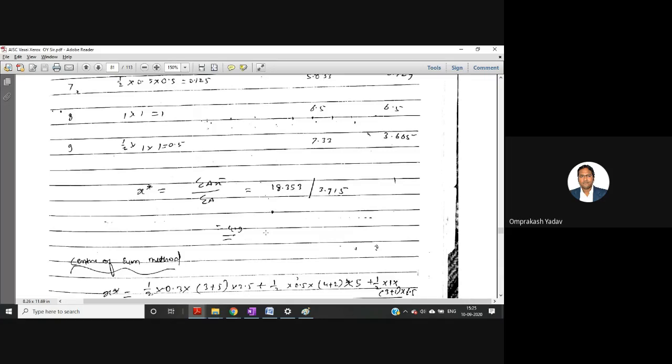So this 2019-20 batch will remember this forever. Not only they, all the batches, okay? Because this is a golden chance for everybody to clear all the KTs and everything.